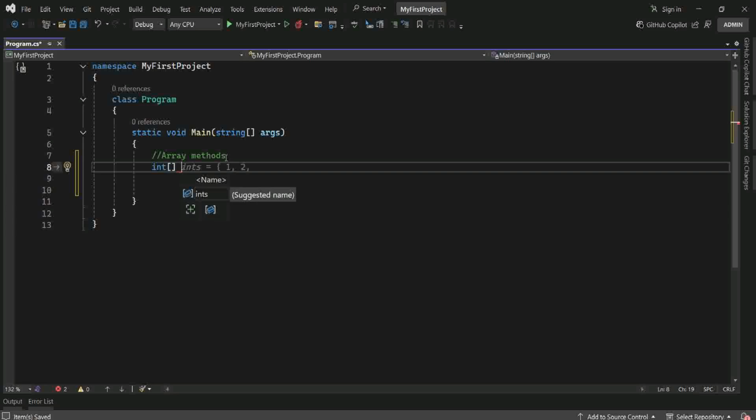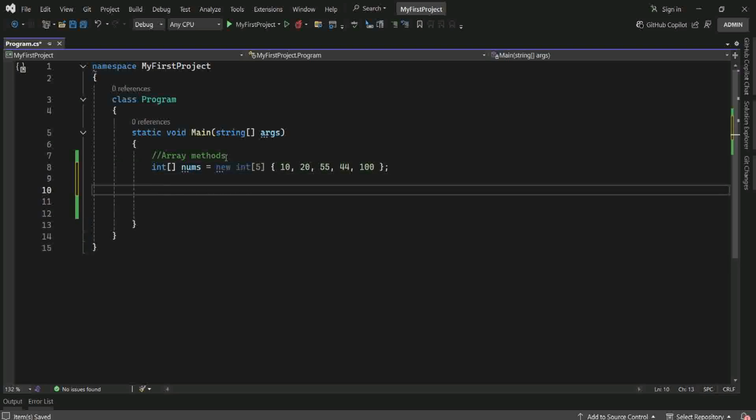Suppose we have some integer array. We set its size, and here we provide some values. If we want to check the index value of the last occurrence, then how can we check it? We can check it with Array dot